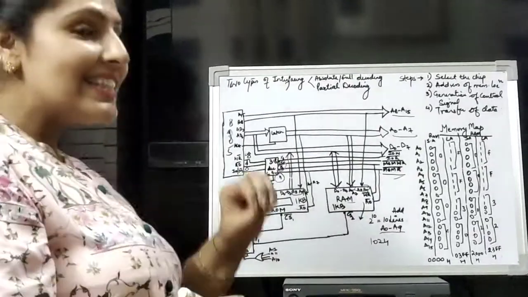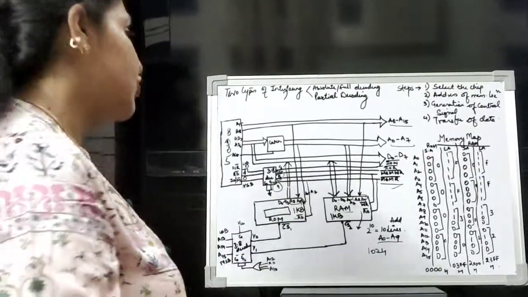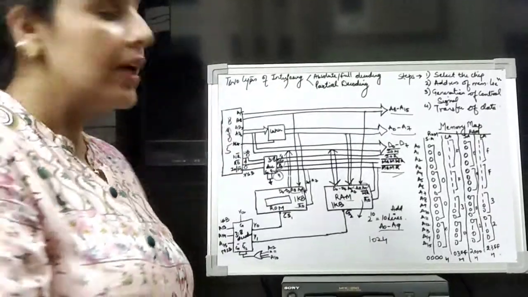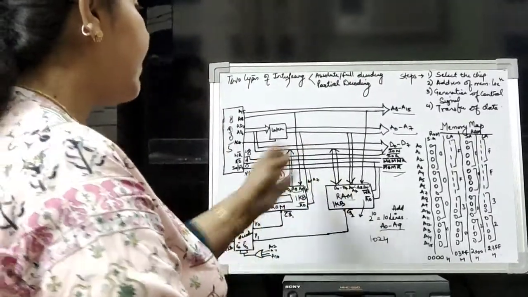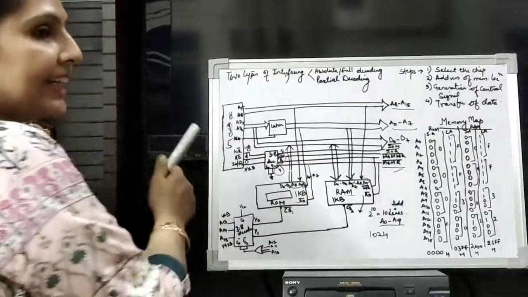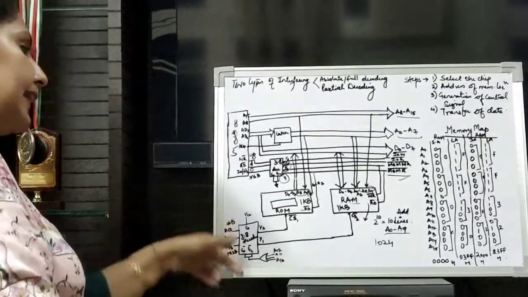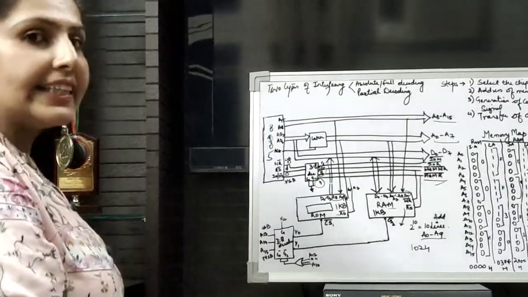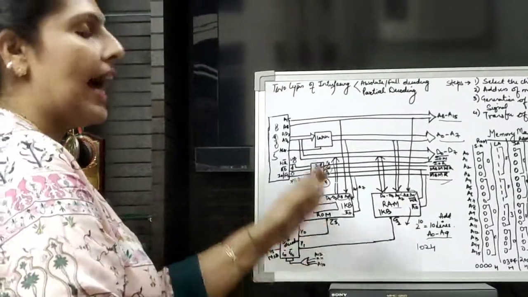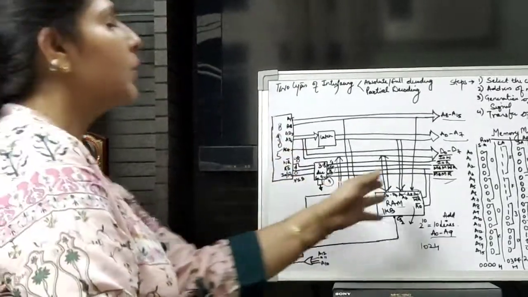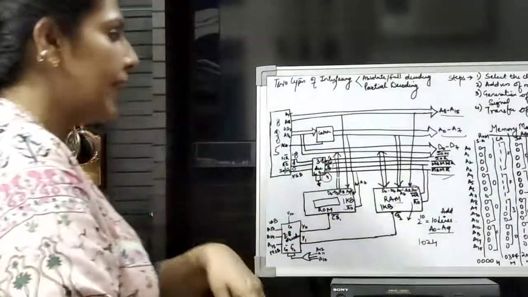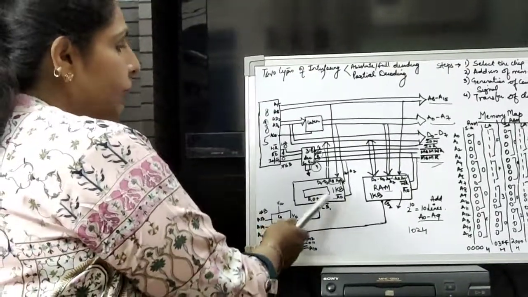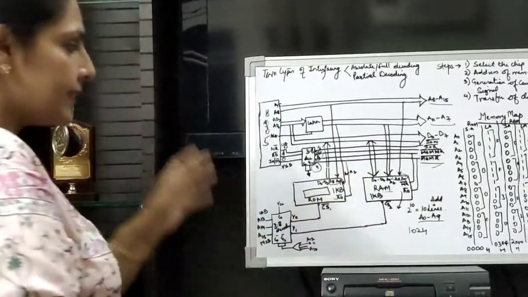And the next important concept is chip select. We have to select one of the two chips at a time. Now for selecting one of the two chips, we have dedicated one decoder here. Again, we will make use of a 3:8 decoder, in which we take 3 inputs and we have 8 different outputs. So 8 chips we can use here, but we only have 2 chips in this example.